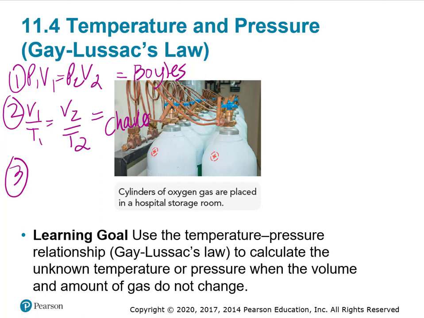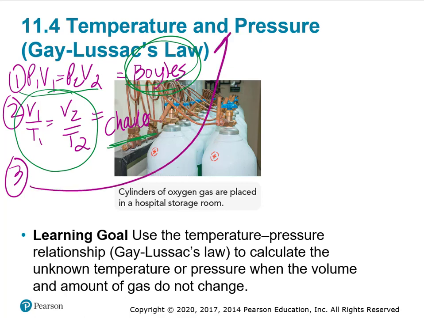Hopefully you feel comfortable with Boyle's law, P1 V1 equals P2 V2, and Charles's law, where V1 over T1 equals V2 over T2. Now, in this section, we are looking at the relationship between temperature and pressure, which is Gay-Lussac's law. You'll be able to calculate the unknown temperature or pressure when the volume and the amount of gas does